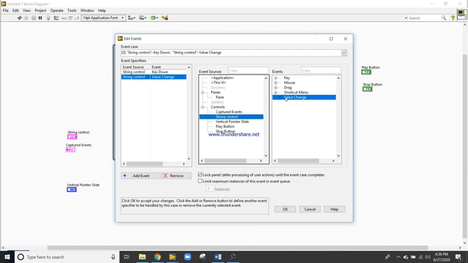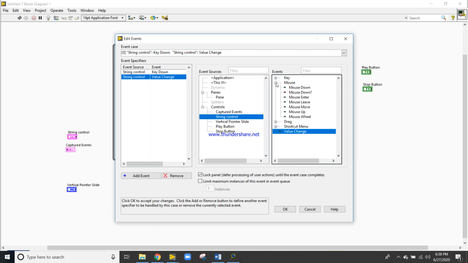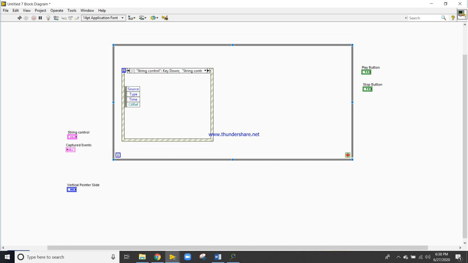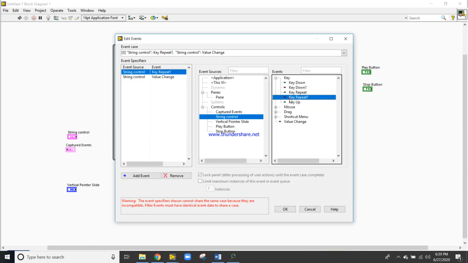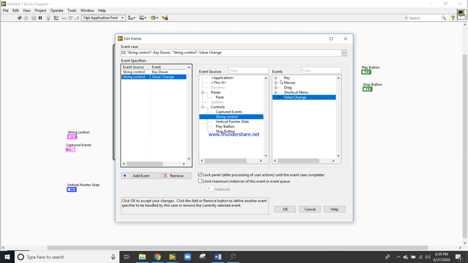No, sorry, it will be a repeat. So we come here, Edit Event, and Key Repeat. Not for this one, this is Key Down. For this one, Key Repeat.